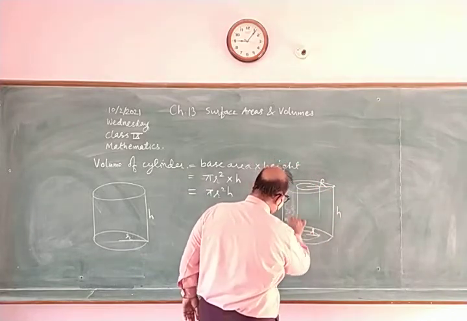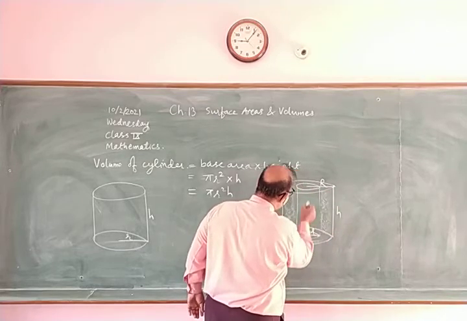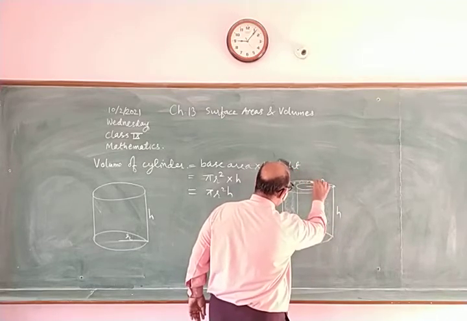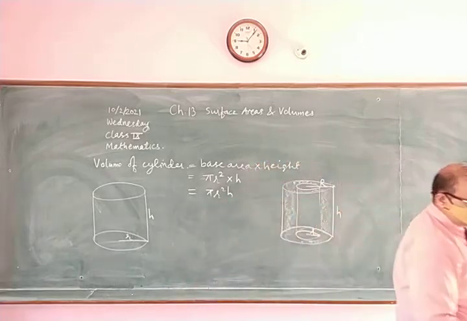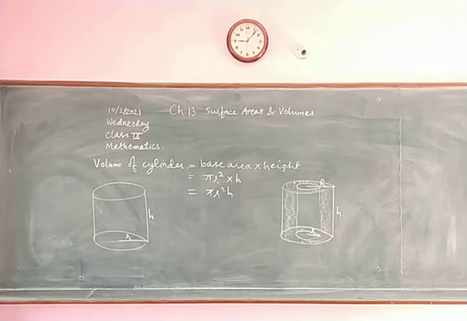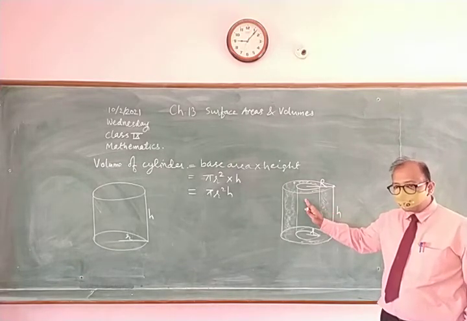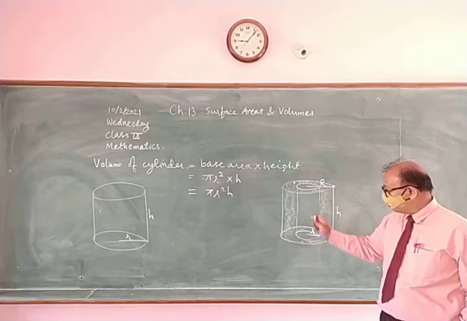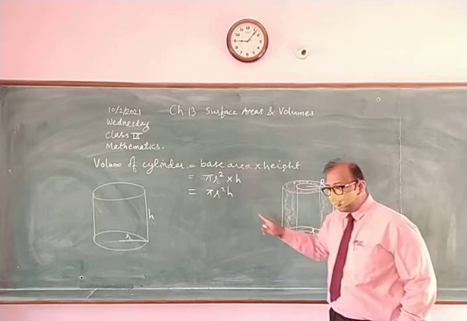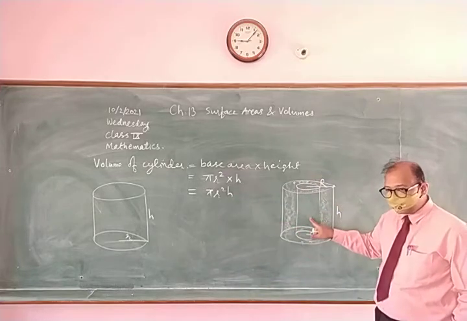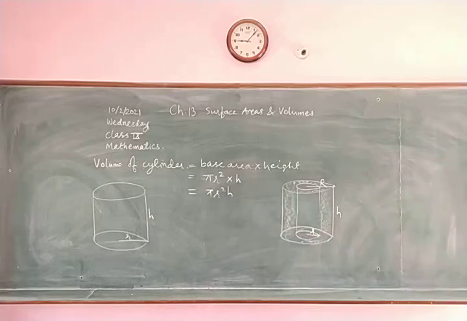And this is the thickness of cylinder. Clear? So to find the volume of this hollow cylinder, the volume is the same, pi r square h. But to find the volume of the thickness,